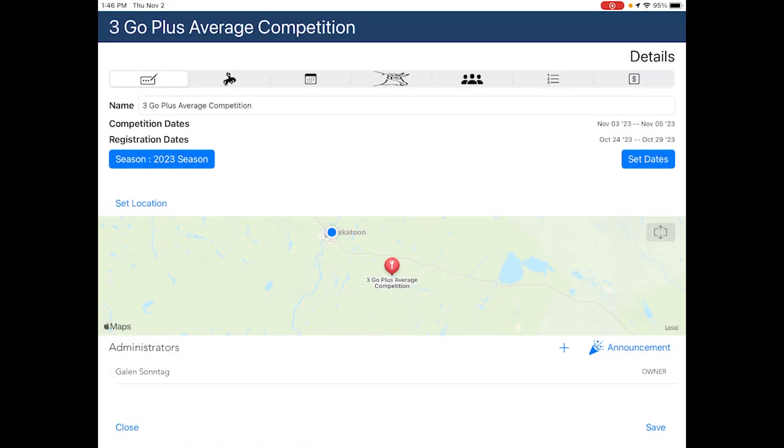In this video, we will discuss how to set up a 3-go plus average competition. The definition of a 3-go plus average competition draw is, in this draw format, each competitor will run or ride 3 times, once in each go. Scores and times in each go will be used to calculate the dollar payouts and/or points awarded in that